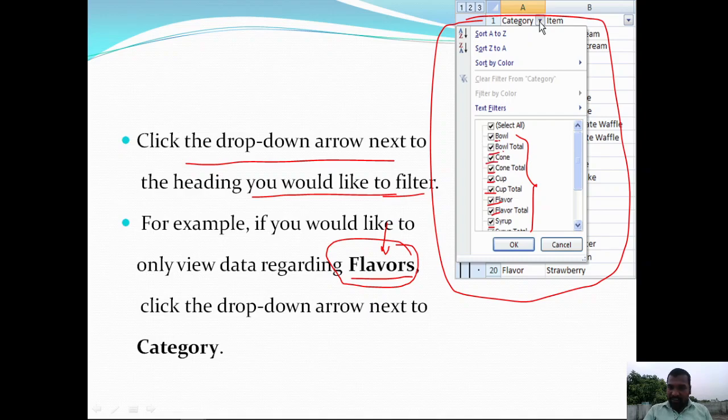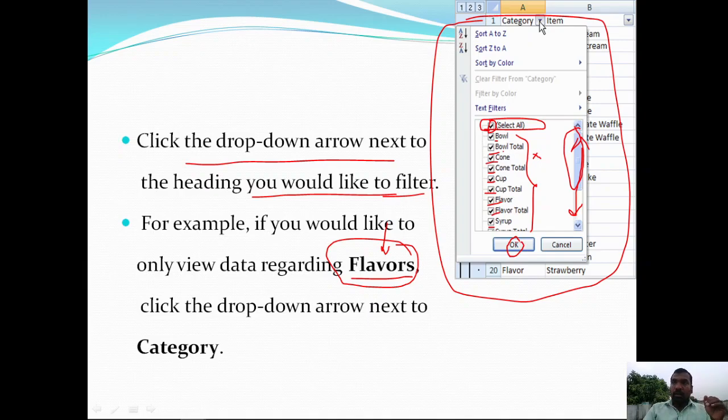Among all these, one of the options at the beginning, Select All, is by default in on mode, it is in checked mode. If you unselect this particular checkbox, then all these items are unselected. Then by scrolling down this vertical scroll bar from top to bottom or from bottom to top, select which flavor you want and click on OK.